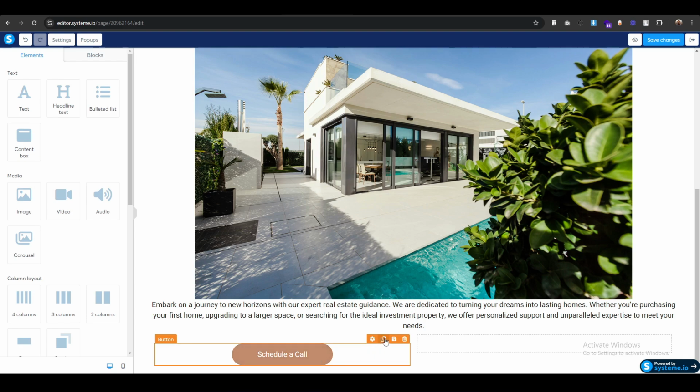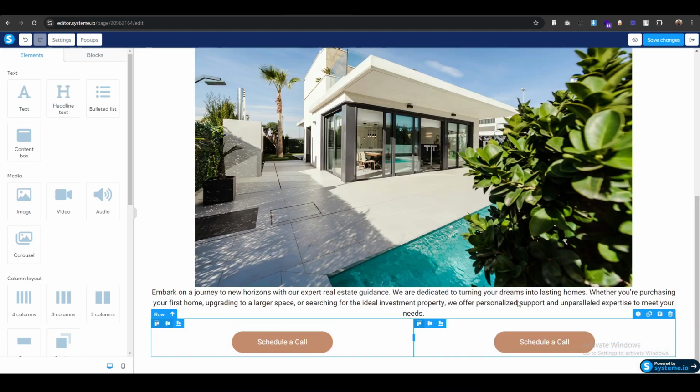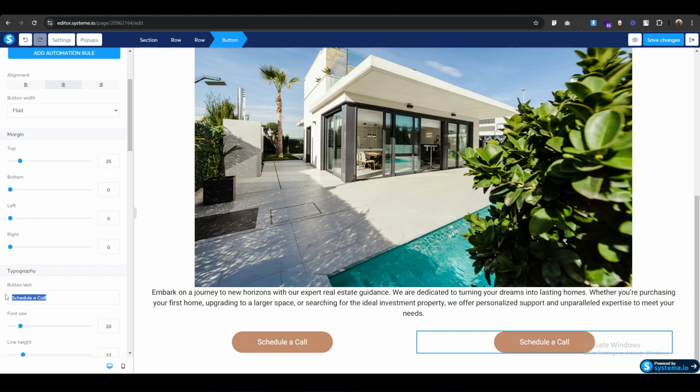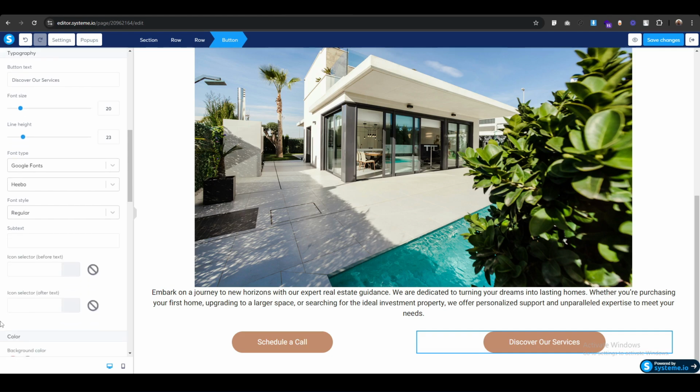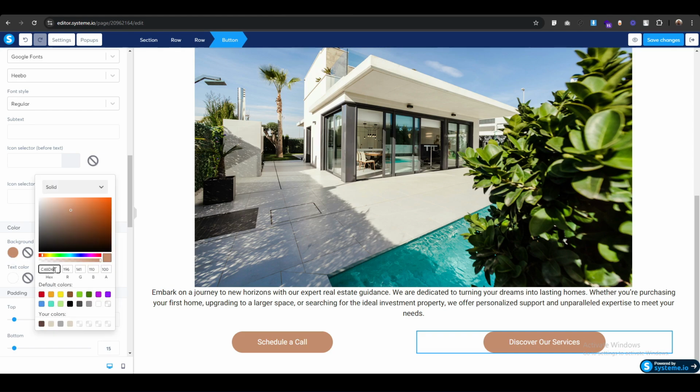Click on this copy icon and drag it over here. Change the text to discover our services. Maybe we can remove the background color, but first let's copy this text and remove it,